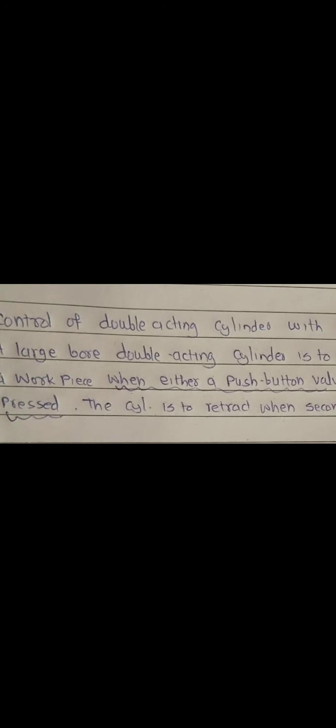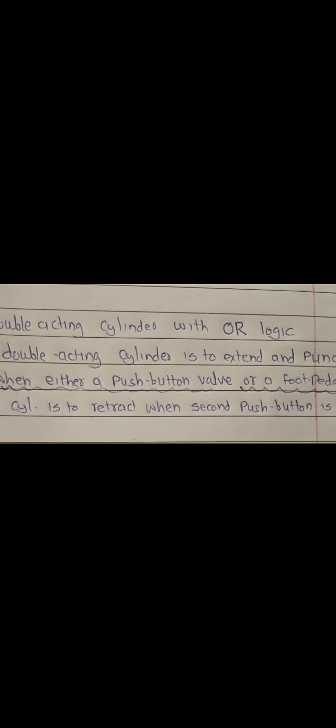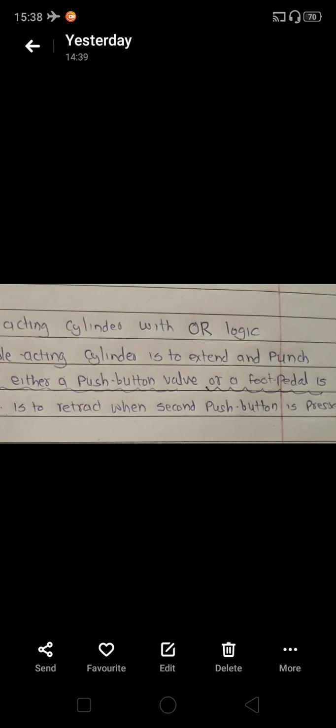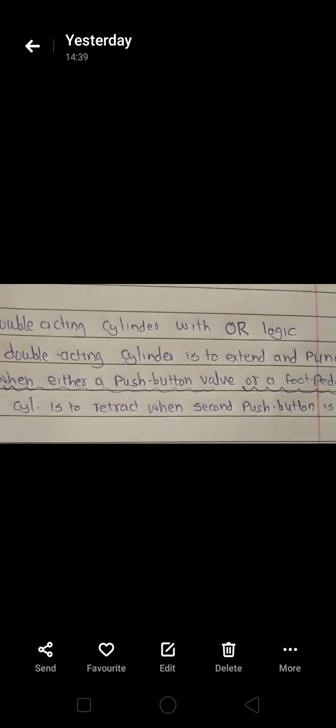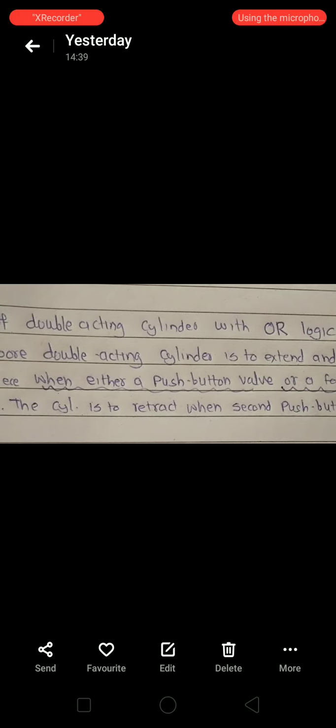So what is the control task? A large bore double acting cylinder is to extend and punch a workpiece when either a push button valve or a foot pedal valve is pressed. The cylinder is to retract when a second push button is pressed. You have to develop a pneumatic circuit to implement the given control task, right?